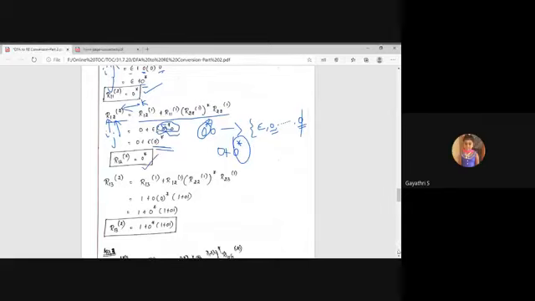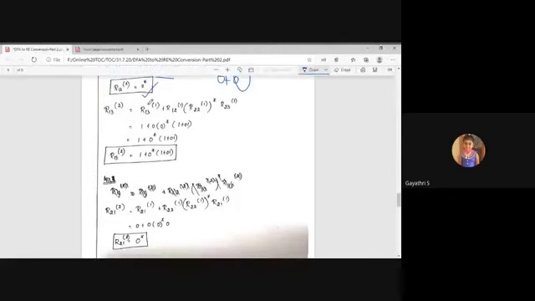So 0 closer is enough. This is the answer, R13 of 2. So again here i equal to 1, then j equal to 3 and k equal to 2. So put it in the formula. Then again substitute the values here. R13 of 1, which becomes 1. Then R12 of 1, 0. Then 0 closer. Then 1 plus 0, 1.